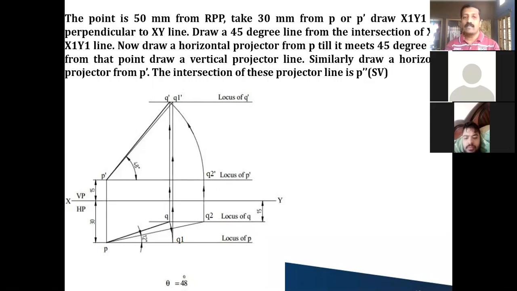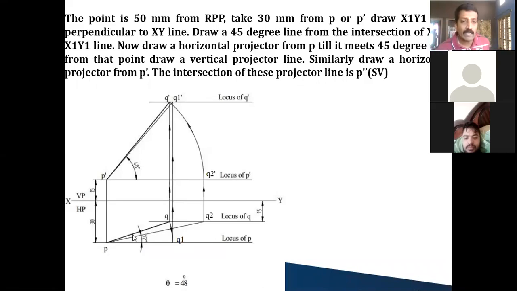Or else, in general, from the true length we can get the apparent length. Similarly, vice versa. If you know the apparent length, I can get the true length also. So entirely the procedure you have to do in the reverse way. From the true length to apparent length, how are we doing it? First you draw the vertical projector, then you cut an arc. From the apparent length to true length, first you have to cut the arc, and then you have to draw the vertical. That's what you have to do.